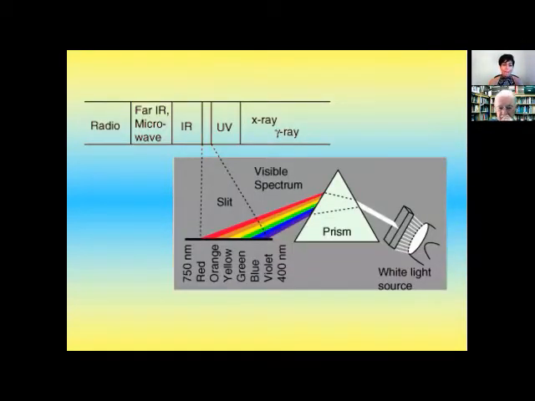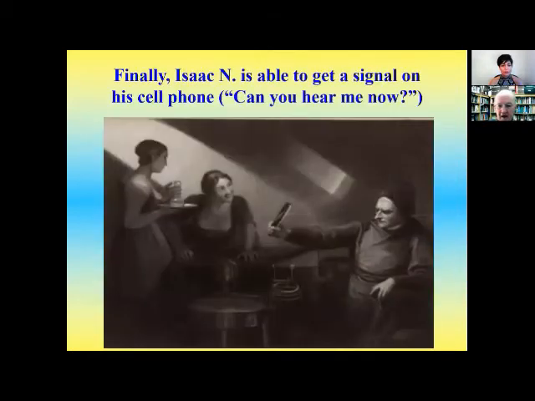So this is what was going on, of course, the famous visible spectrum. And here is a picture of Isaac Newton. It looks like he's trying to get a signal on his cell phone, and finally he's called his auntie in Australia, got through to her, and the ladies there are very pleased. Anyway, being black and white, you see that then I can make that kind of joke.